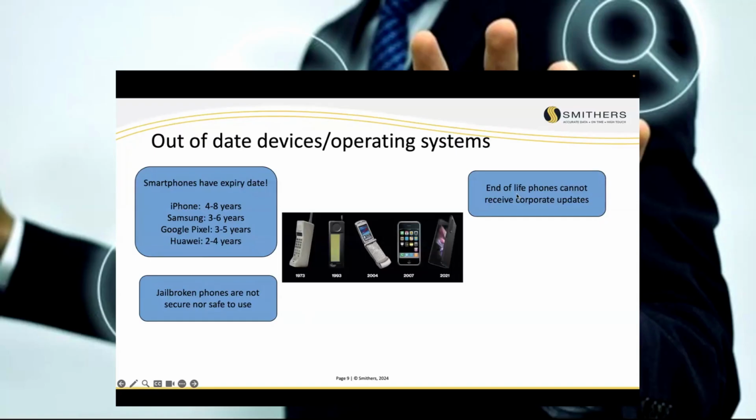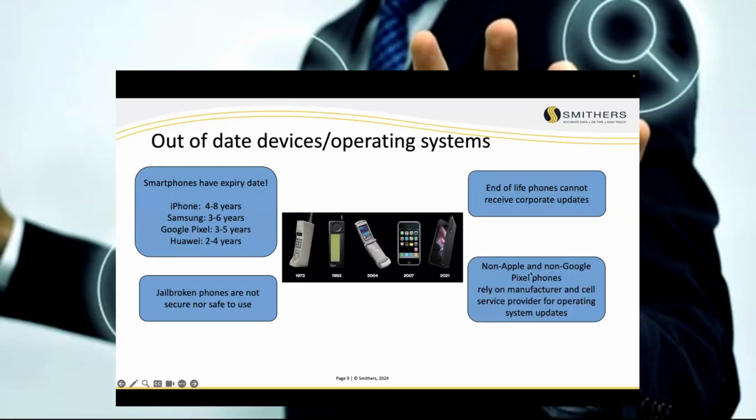The big thing as to why we don't use end-of-life phones, end-of-life smartphones specifically, is that they can't receive corporate updates anymore. Typically, you can't remotely destroy the software. You can't make things stop. You're in a world of hurt if you're running an old machine that just isn't supported anymore. I know people don't want to be spending $1,000 every 3 to 5 years for a cell phone. The problem is that the patching, the updates, et cetera, after about 3 to 5 years, it's just not there.